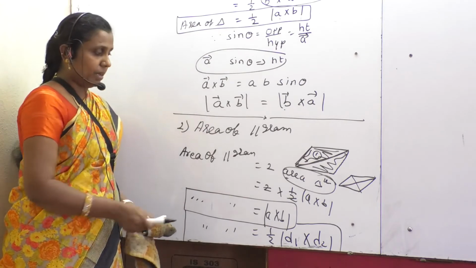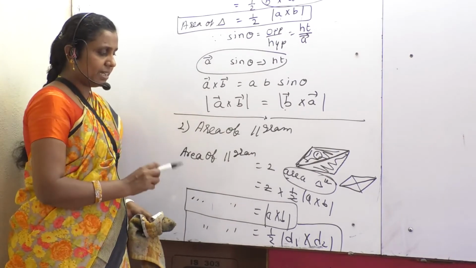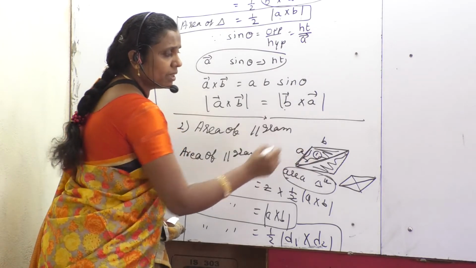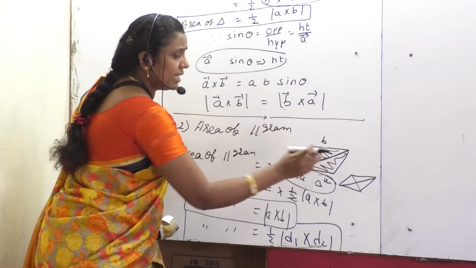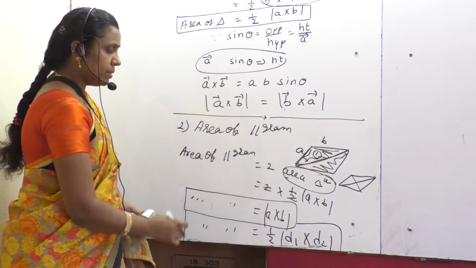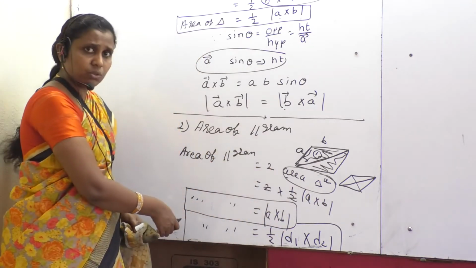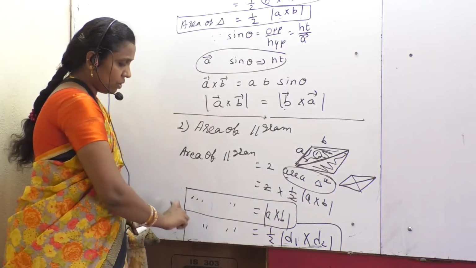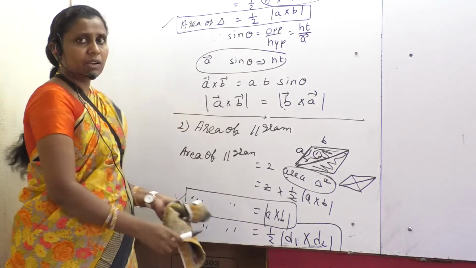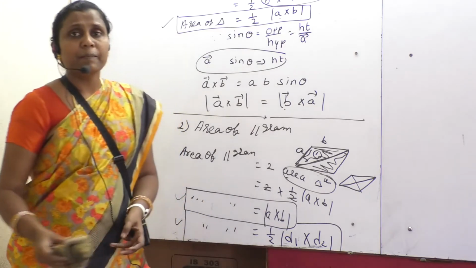Two formulae for what? To find the area of the parallelogram. So first formula, if adjacent sides are given. See, you must be very careful. Adjacent sides means this is A, this is B. If A and A are given, then this formula is not applicable. Two adjacent sides must be given. Please do remember. When diagonals are given, then which formula is to be used to find the area of the parallelogram? Second formula. So how many total formulae you need to remember? Area of triangle, area of parallelogram if diagonals are given, if adjacent sides are given.